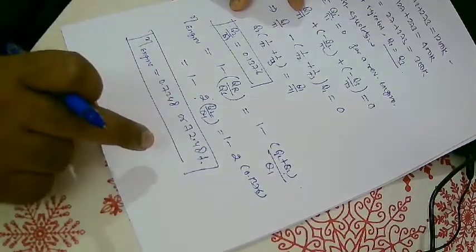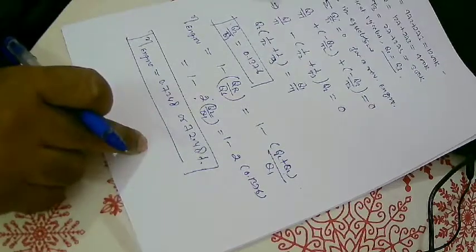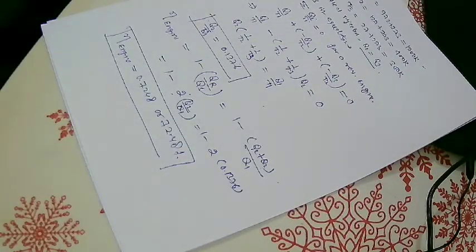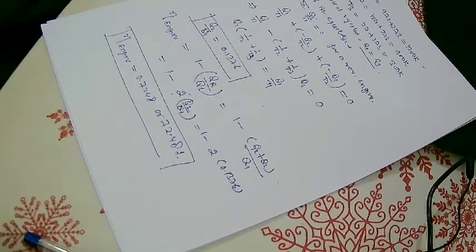Clear? So like that you can solve the problems, right? So this is the last numerical problem for today. I think this much is enough from the Clausius inequality. If you still have some doubt, feel free to contact me at any time. Try some more numerical problems from the PK Nag book. A lot of unsolved numerical problems are there. Most of them we have solved. Some numerical problems I left, you try by yourself, right? If you come across any doubt, feel free to contact me, right?